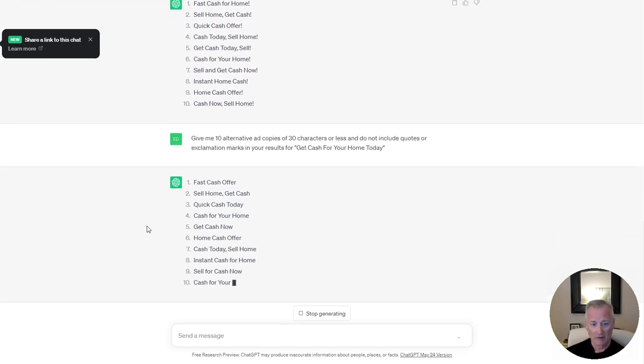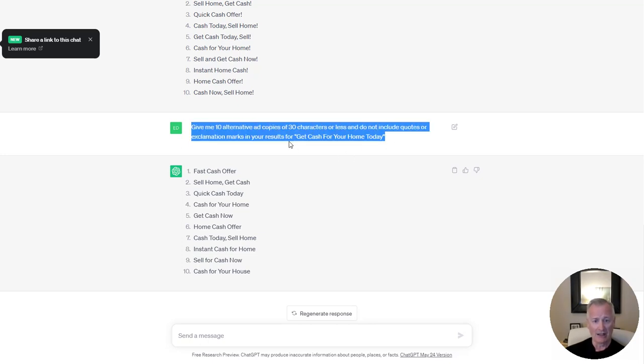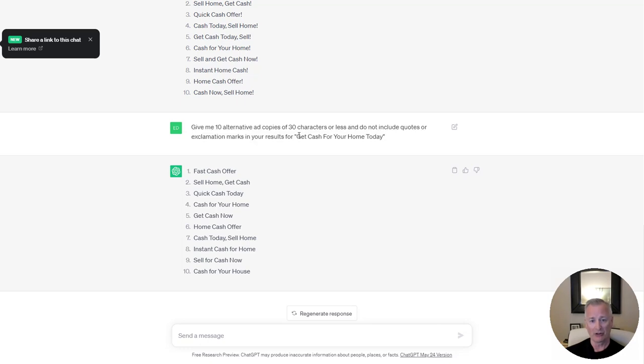Okay, so done and done. This all looks really good. Again, there's a couple of results here that aren't great. You could just ask for probably 15 results if you needed 10 good ones. And of course, you can just regenerate to produce more. But now we've built up a query that will work for virtually any headline, right? We can just save this somewhere, and then when we want to work on a new headline, we'll replace this piece here in quotes with whatever we want.